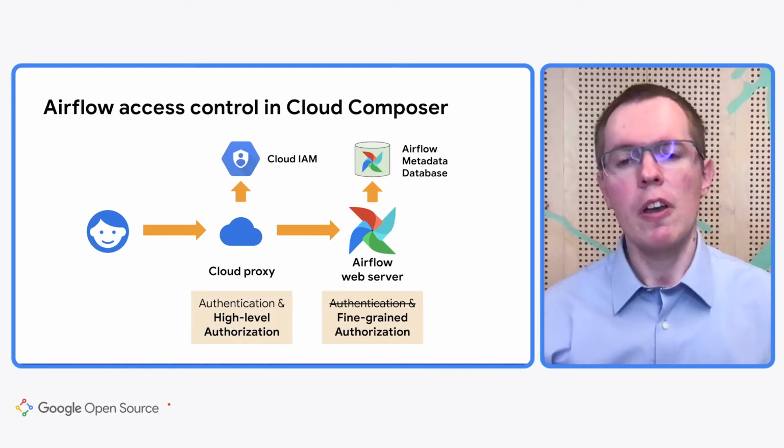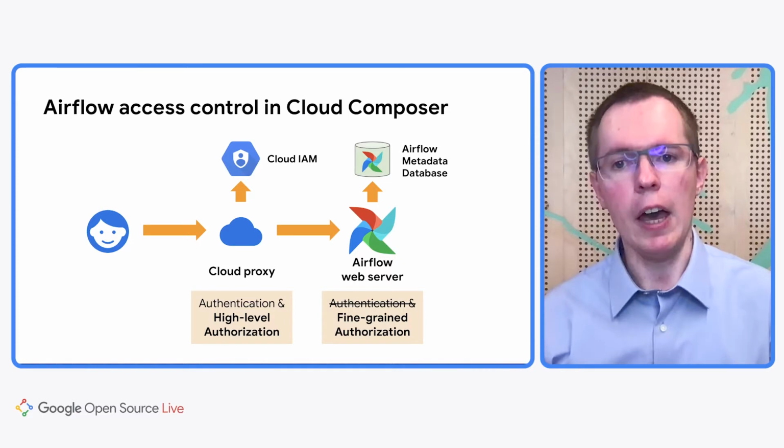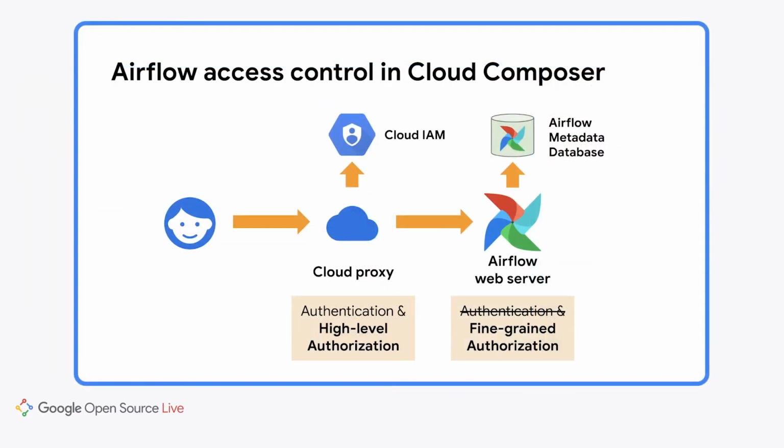There are two layers. First, you reach a Google proxy, you authenticate with Google, and your permissions are checked in Cloud IAM, in the cloud project of your Cloud Composer environment, to verify that you can access the given instance at all. Once you pass this step, you don't authenticate again, more on this later, but now Airflow checks your permissions to specific Airflow views and DAGs based on the configuration stored in the Airflow metadata database, which is how it's been originally implemented in open source Airflow.